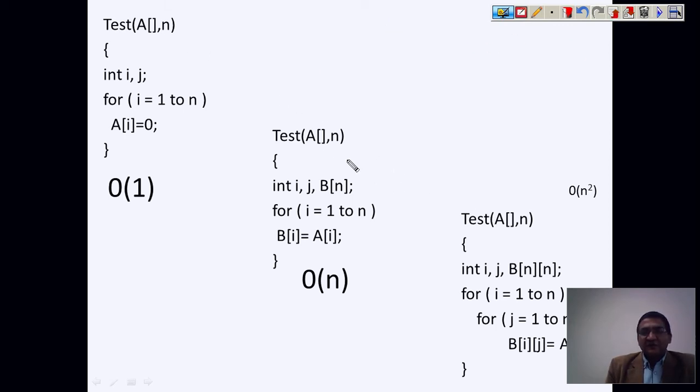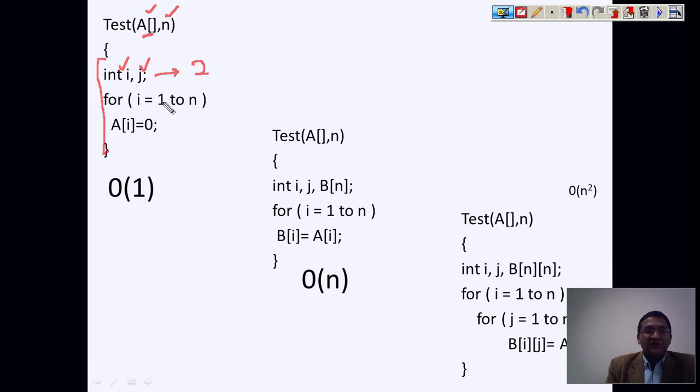Here we have three examples which are shown in the iterative approach. Let's say this is the first example. We have one function test which takes two parameters. One is the array and the other parameter defines the size of the array. So here, when you pass this input, this array, we need to identify what is the extra space required to get this task done. If you look inside, we are declaring two variables i and j. That means we need extra space to accommodate i and j.